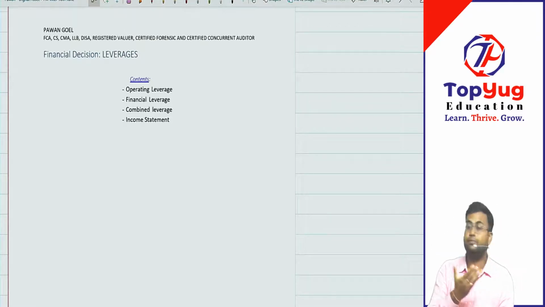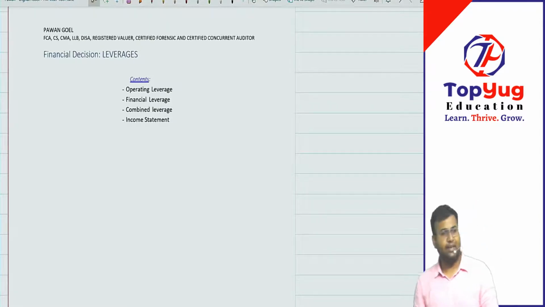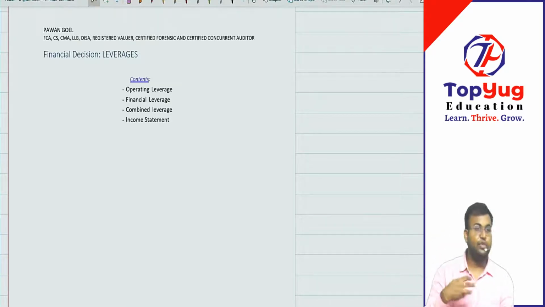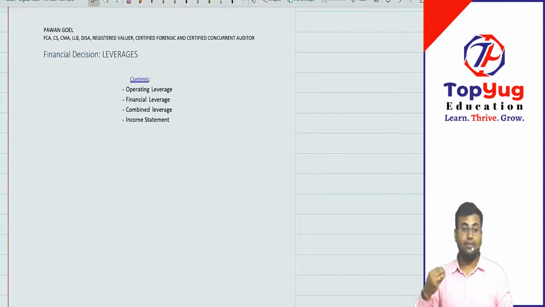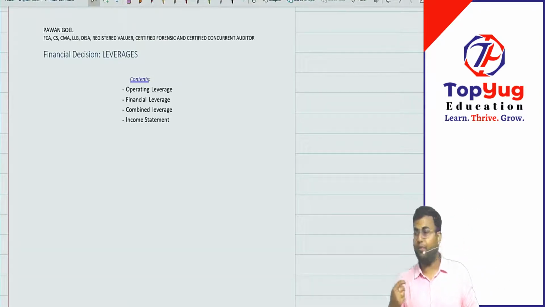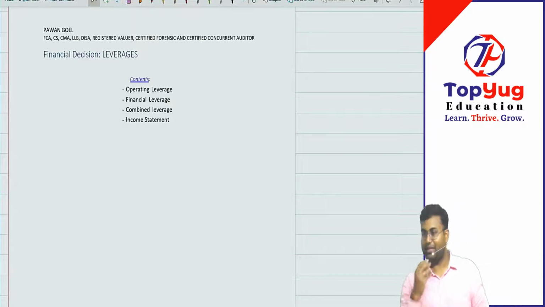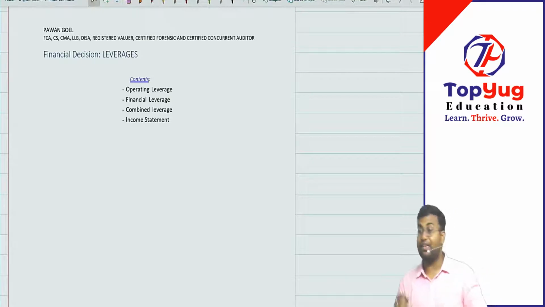Anybody, what is the first thing which comes to your mind whenever you hear this word leverages? Advantage. One student says advantage. What is the first thing which strikes your mind? Whenever you see or hear something, something comes to your mind. You will try to frame what it is. That is human instinct. As soon as you hear something, see something, smell something, you try to identify what it is. Suppose I blindfold you and put rajma chawal in front of you, you try to understand with the smell. That is what I am trying to ask you. What is the first thing which comes to your mind as soon as you hear this word leverage?